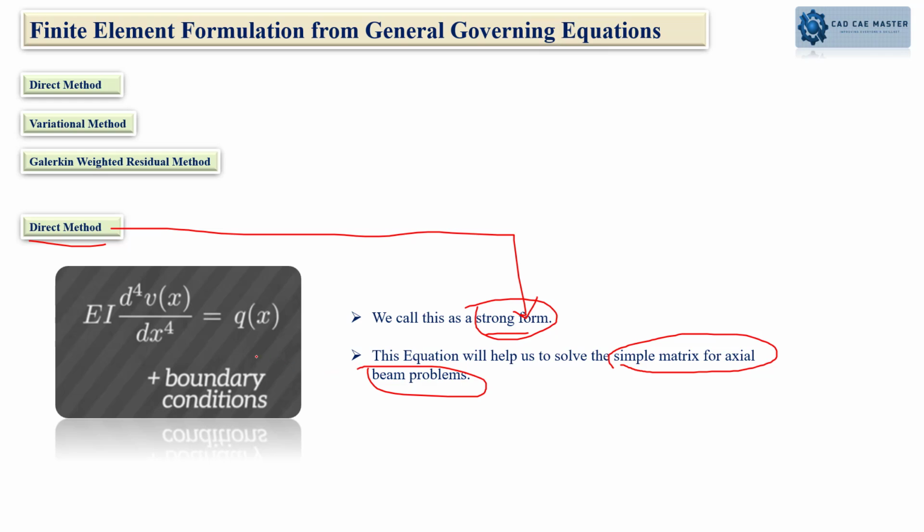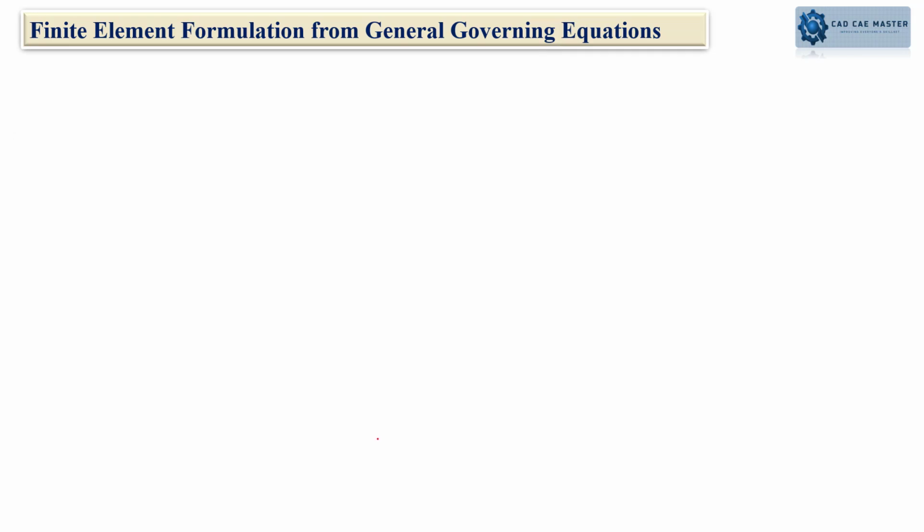So it has some limitations to deal with complex problems, so we don't use this one for the complex problems. I hope it's clear. Yeah, so we know these are the differential equations. Now the next one is the variational method. So what exactly happens here